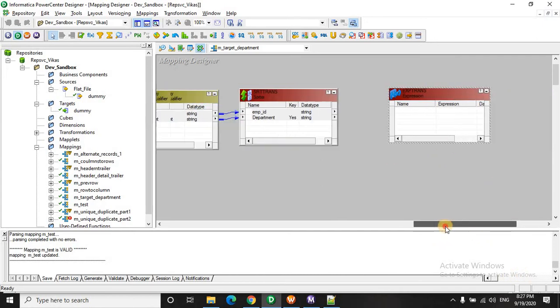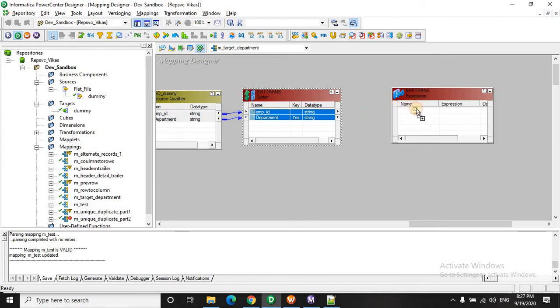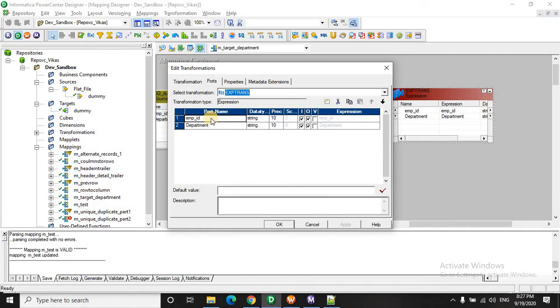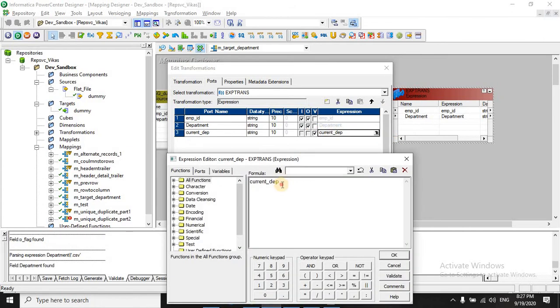This type of situation we have already handled by storing the previous value. Suppose we have the department, so we will create the current department, which will have the value of this department.